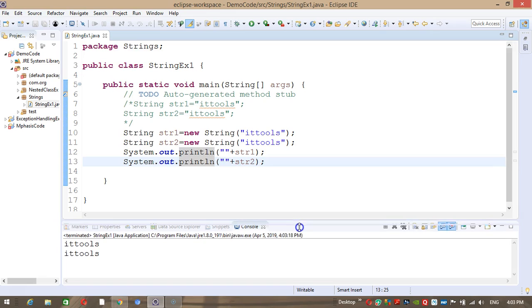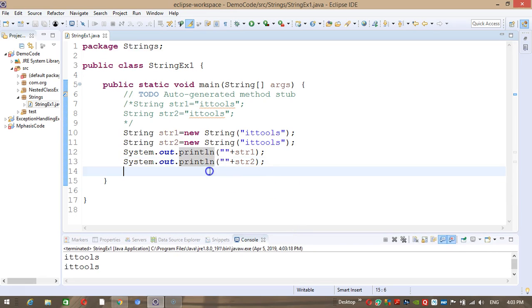Now if we have a char array, which will hold, for example, "hello".